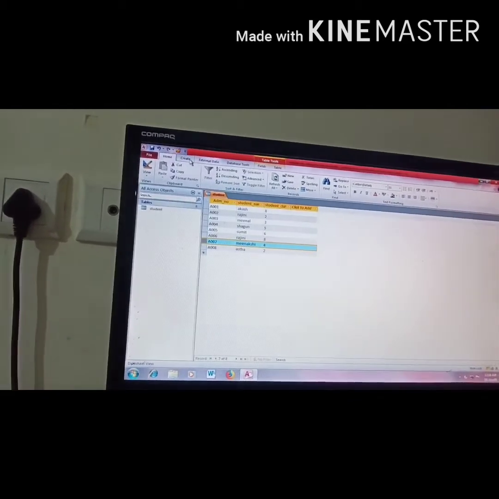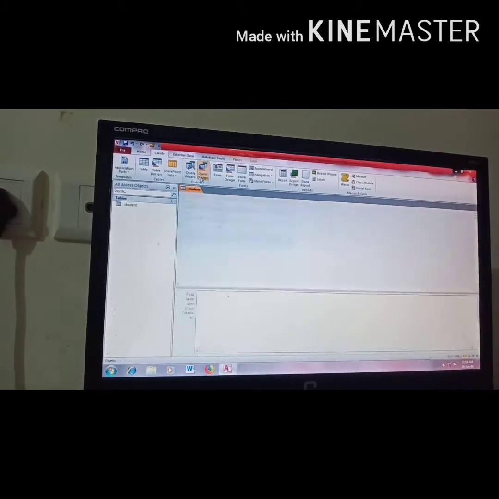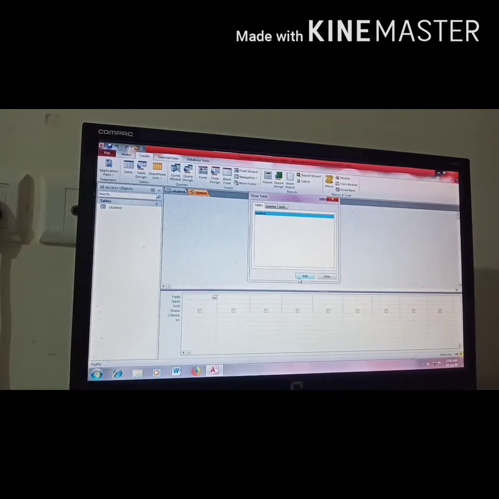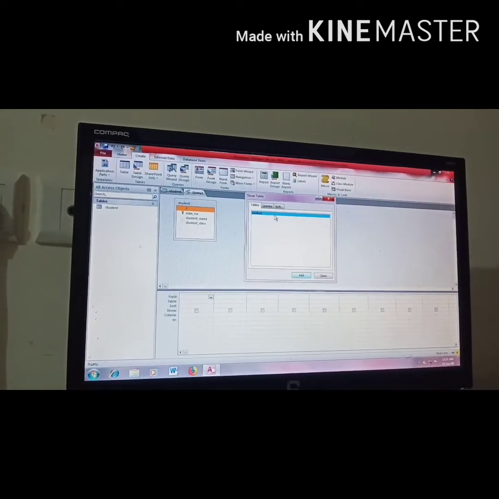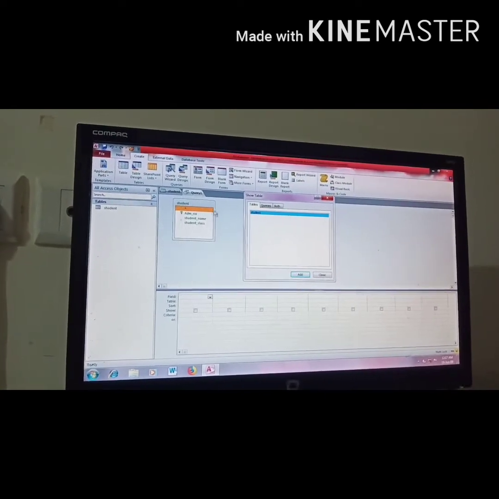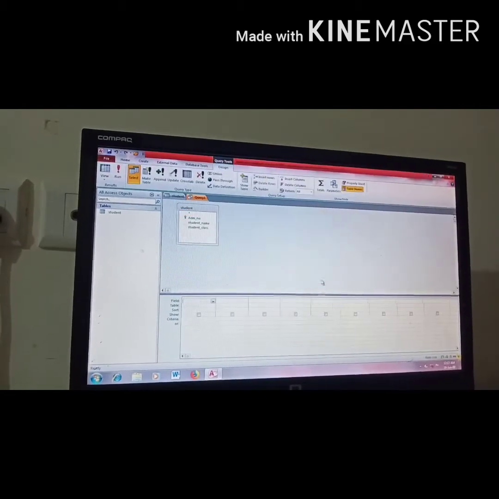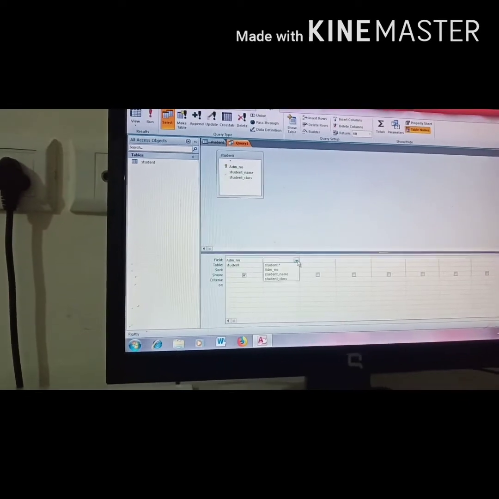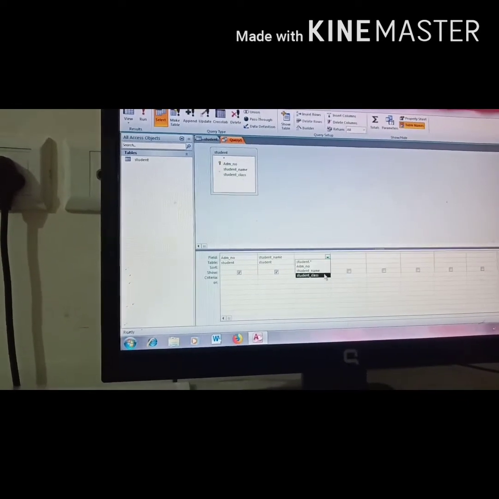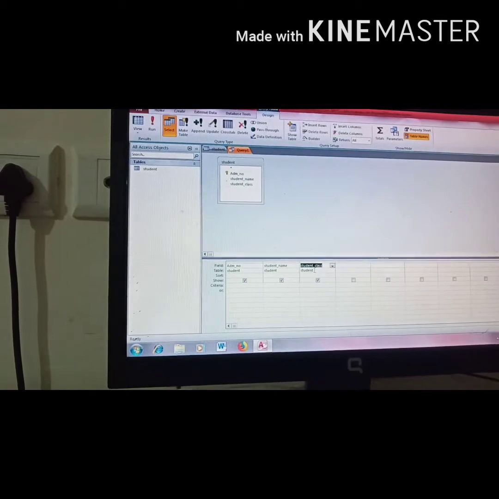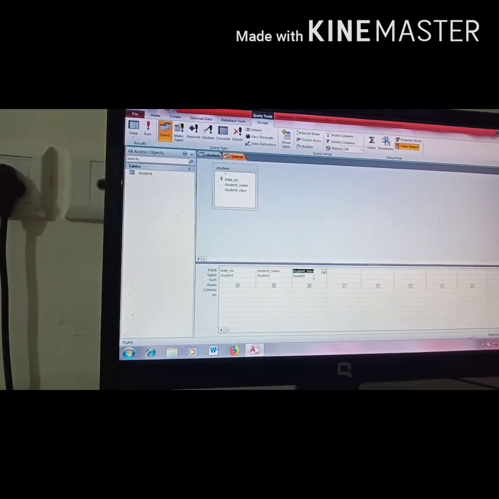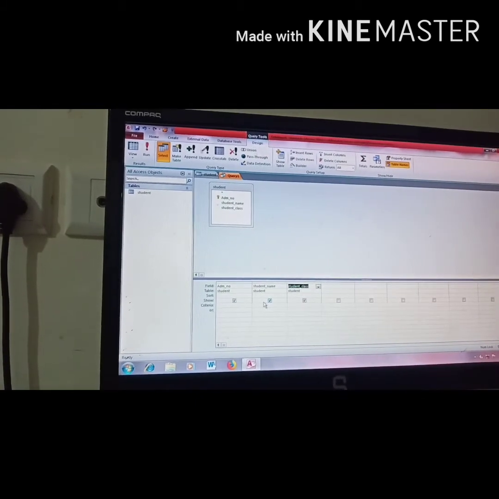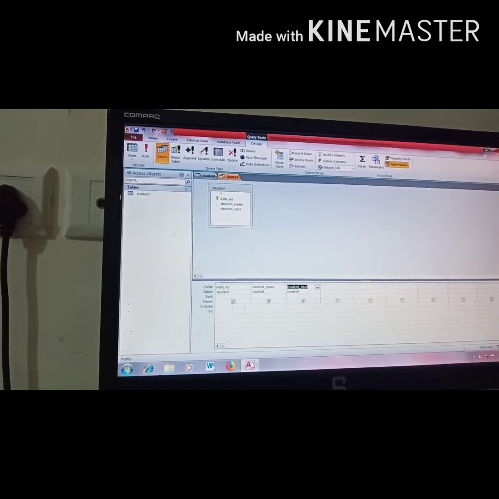First of all, we have to go to the create option, then query design. Here from the dialog box, insert or add a table, whatever table you have created. I have created a table with the name student, so I am going to add this table. Close this. From this drop down menu, add the fields whatever you have taken in the table. I have taken admission number, student name and student class. Now the query was, I want the name and admission number of the students who are studying in class 8th.